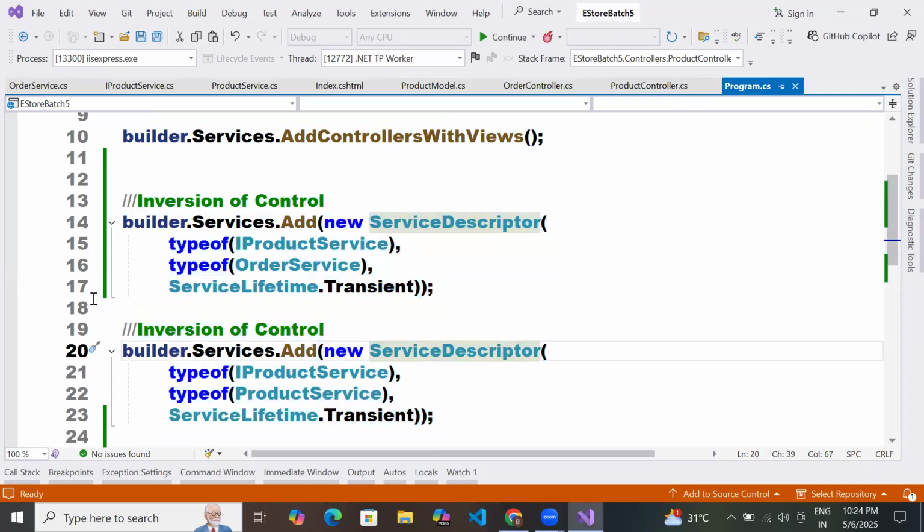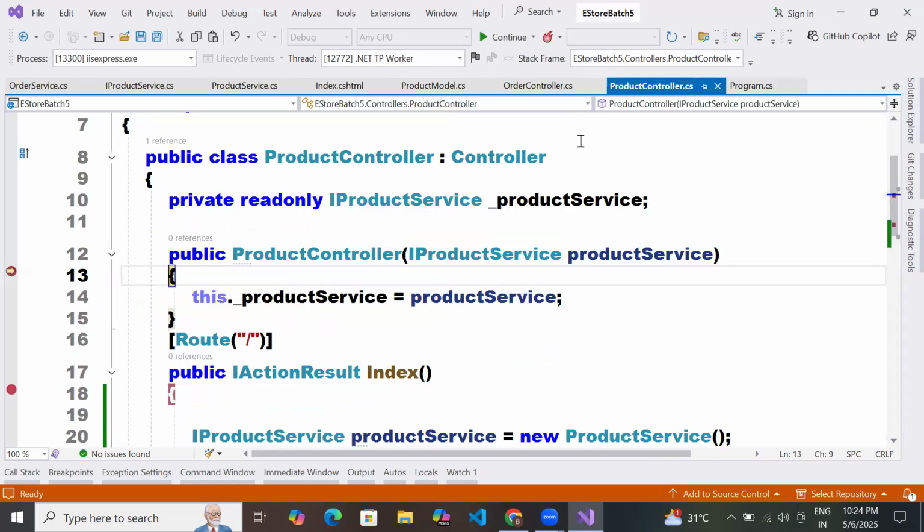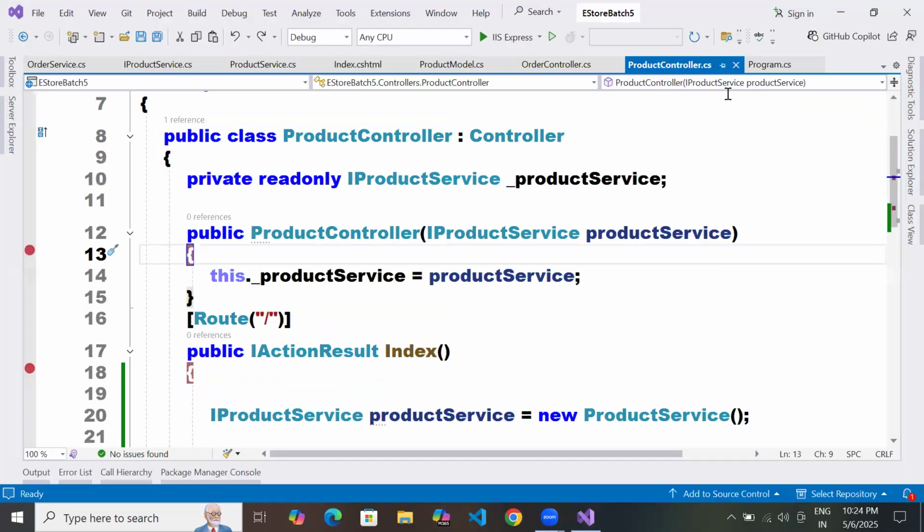The builder doesn't take any logic here. Before the pipeline, before the controller hit, you cannot make any logic. All your logic is in controllers or services, not in the program.cs file. Understand? Everybody clear?